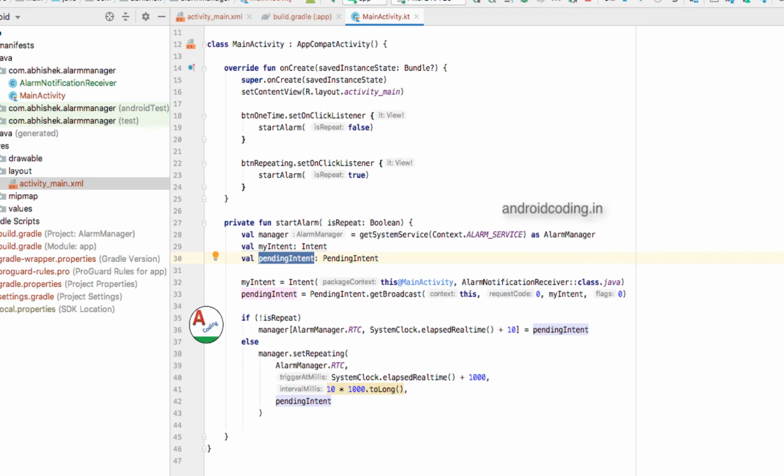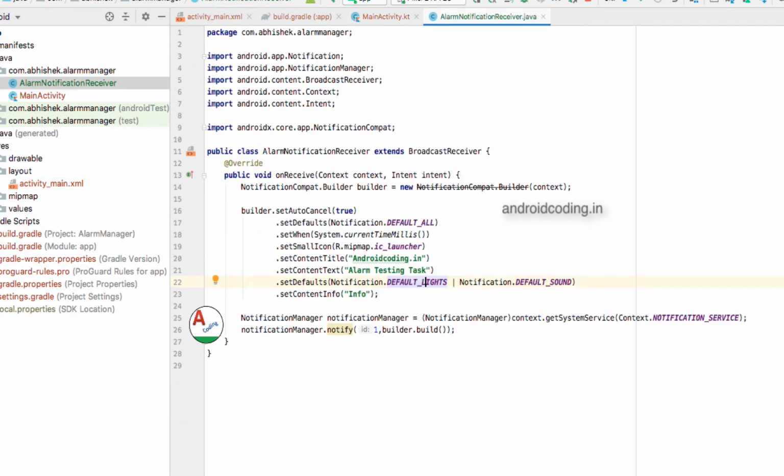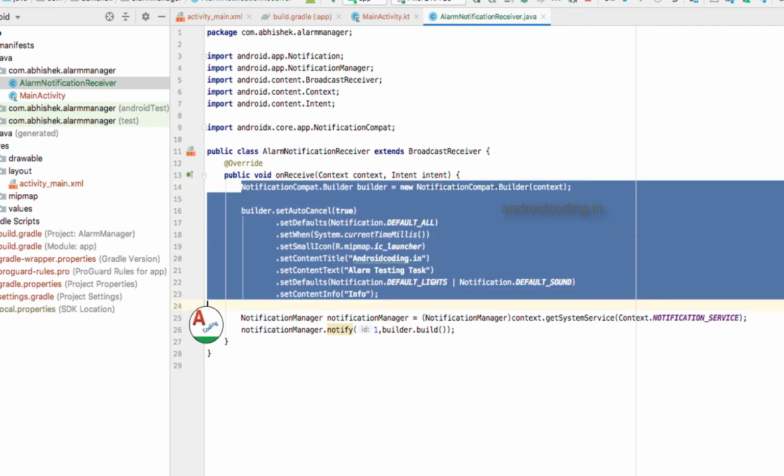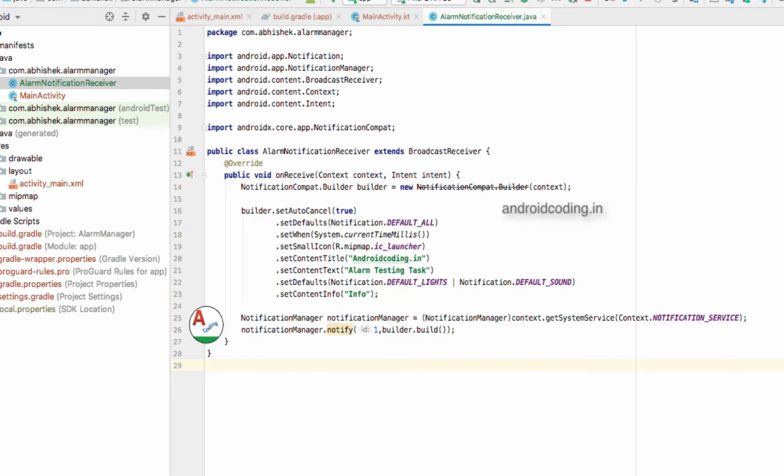Here we have declared our alarm notification receiver. This alarm manager will at a specific time trigger our task, and with the help of a broadcast receiver we will receive it and publish a notification. Here as you can see, we have written the code for notification.